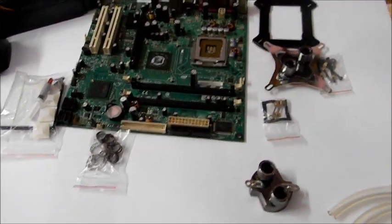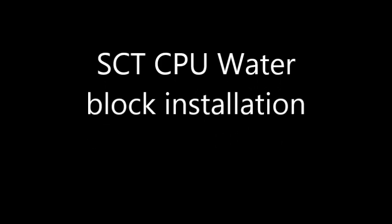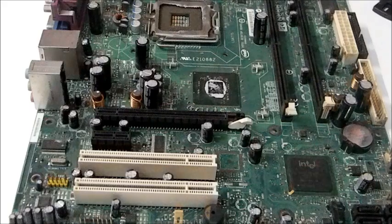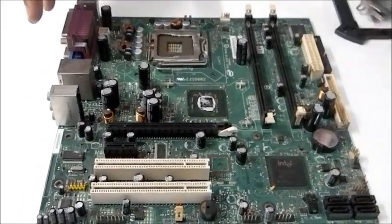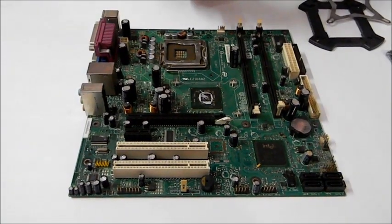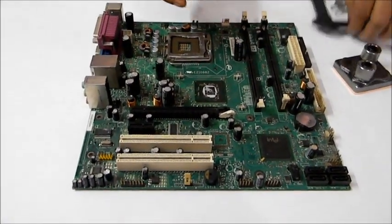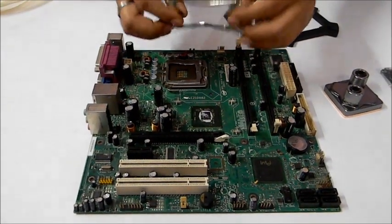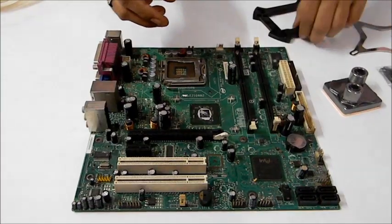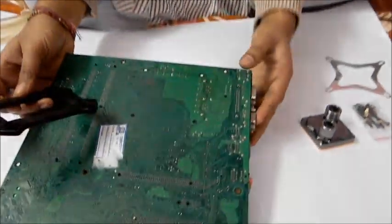So let's see how to assemble this water cooling kit so it can fit into your system. Alright, so very first we will see how to connect this CPU water block on the CPU. It actually comes with three parts. One is the water block itself, second the supporting plate or the back plate, and third is the front plate or the push plate. So very first we need to connect this back plate at the back side of the motherboard